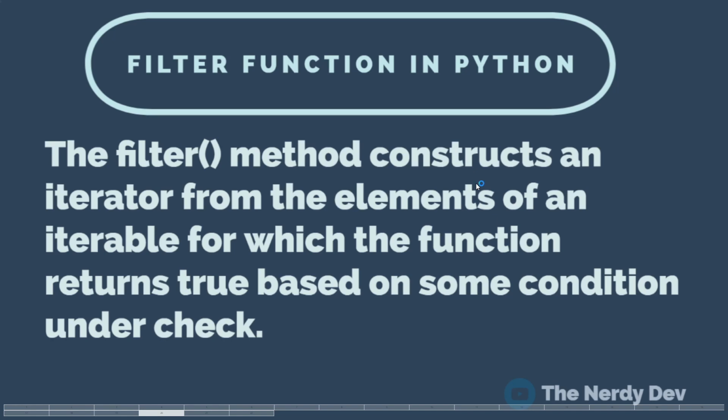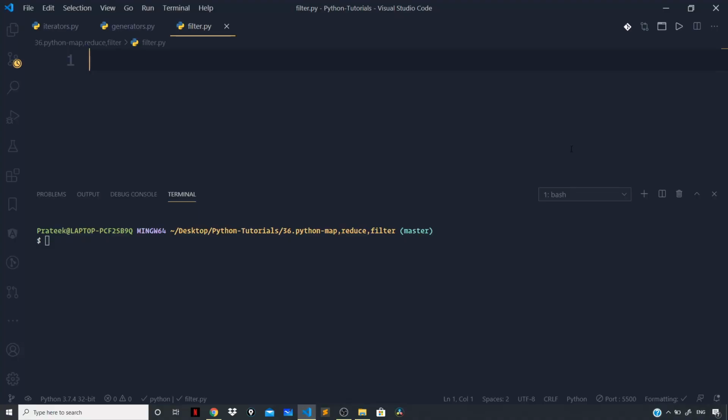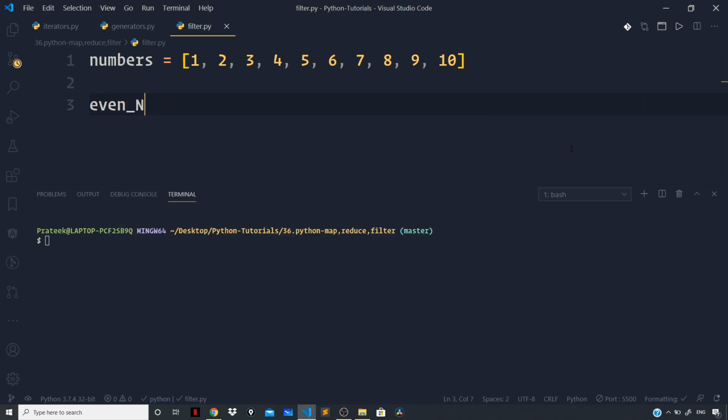So let us start to understand the filter function in Python by taking some simple examples. Suppose you are given a list of numbers. I want the list of all those numbers which are even and the list of all those numbers which are odd. So let us define the numbers list 1, 2, 3, 4, 5, 6, 7, 8, 9, 10. Next, to get the list of even numbers, I can say even numbers,